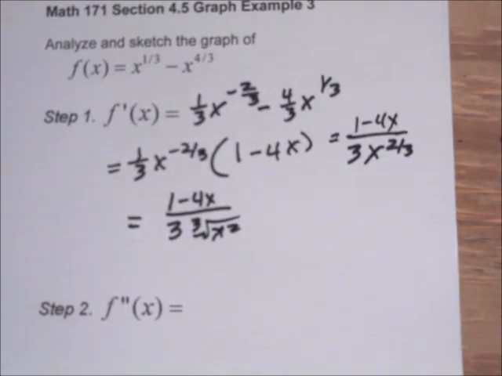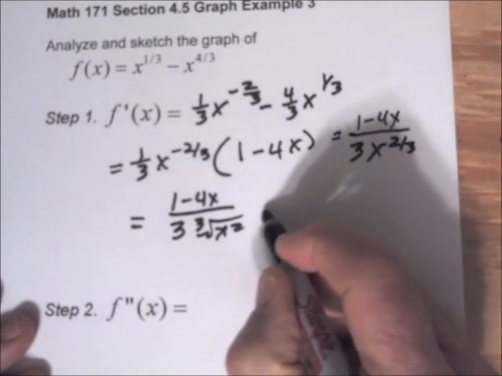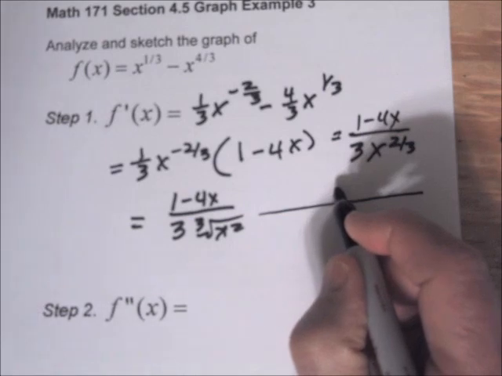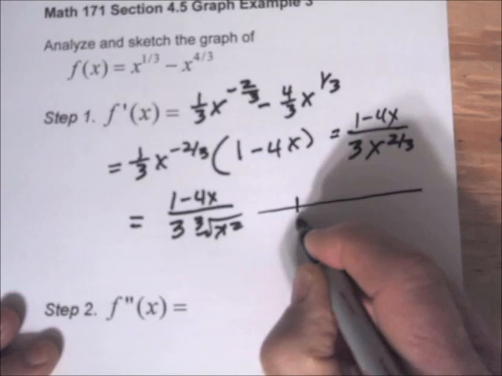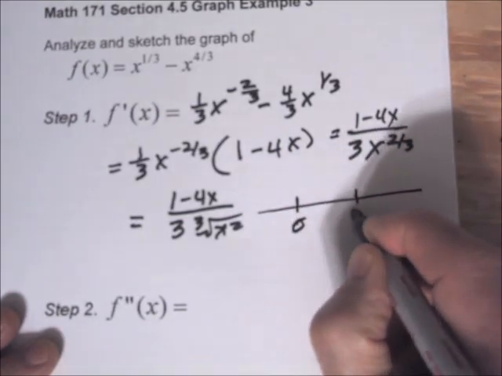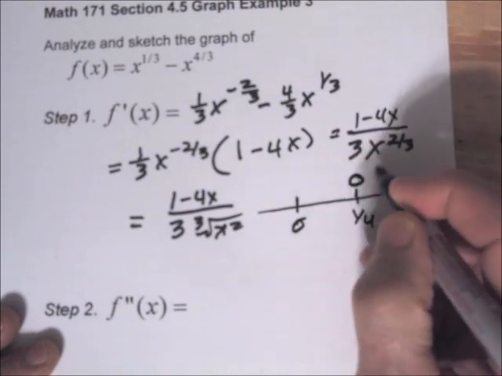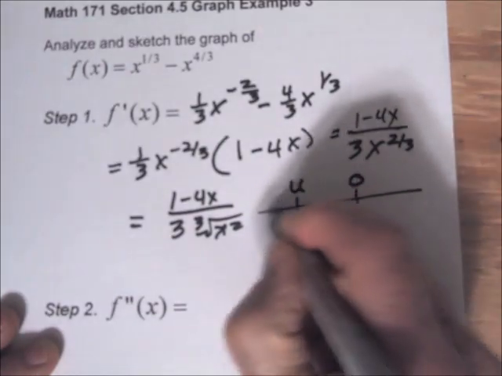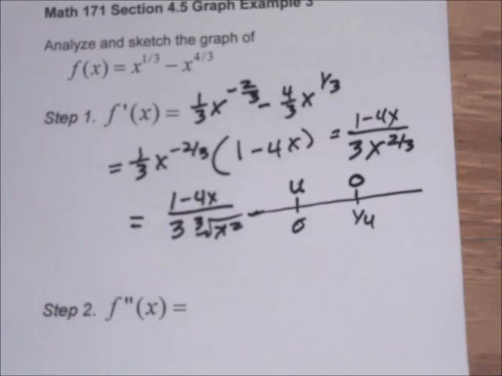Okay, so this is going to have two critical numbers. It's going to be when x is 0 or x is equal to 1/4. If x is equal to 1/4, the derivative is 0. If x is equal to 0, then the derivative is undefined. And then we can pick some values of x